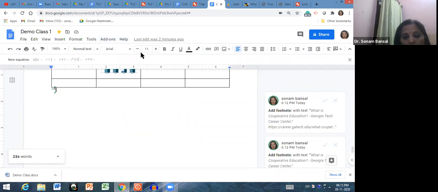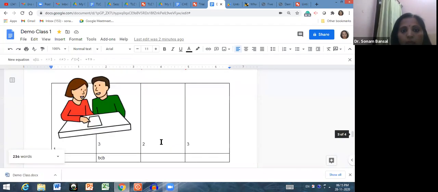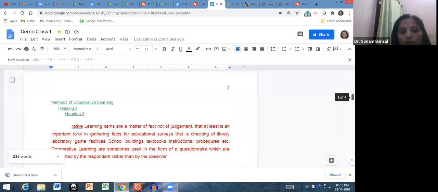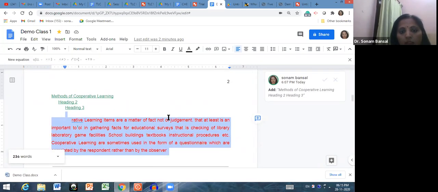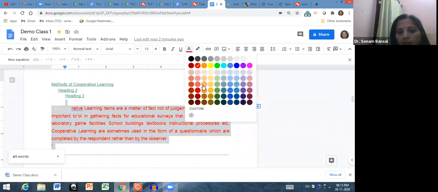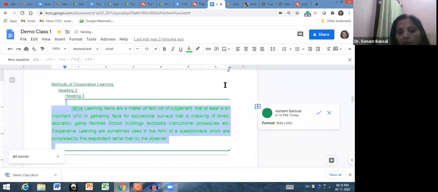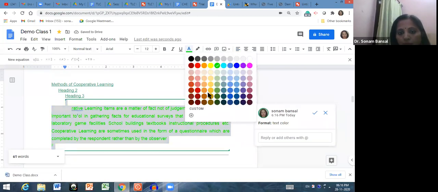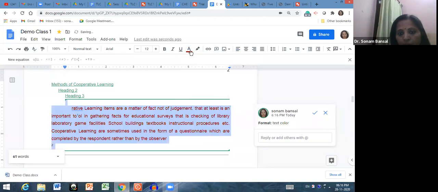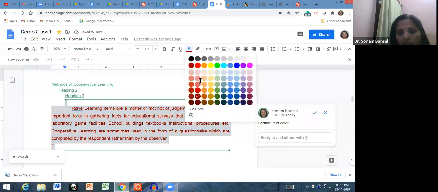And these all are the directly accessible tools, means you can directly change the text size, the font size, the font, bold, italic, unbold, underline or highlight. Let me tell you this feature also. If you want to change the color, just click on this and go to the text colors and you can choose different colors.